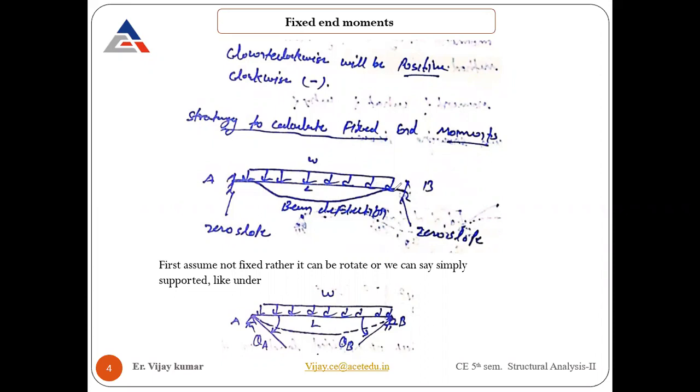This is the point I just explained to you. These are the points of inflection, the points where the bending moment is zero. At the fixed end supports, the slope is zero, which we already know by the geometrical law we studied. And this is the beam deflection that takes place due to the load applied over it.